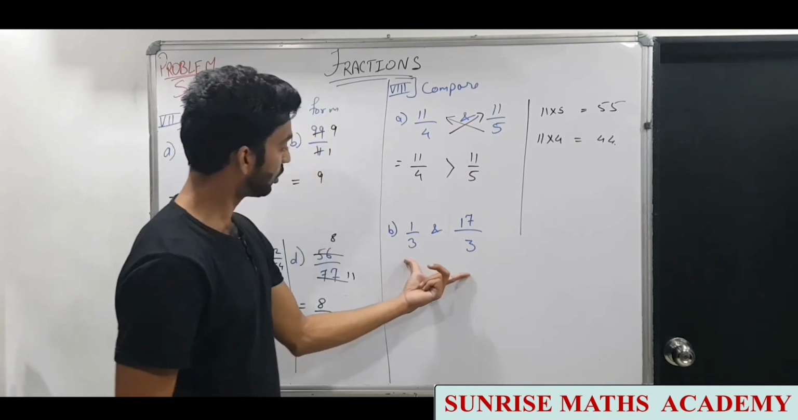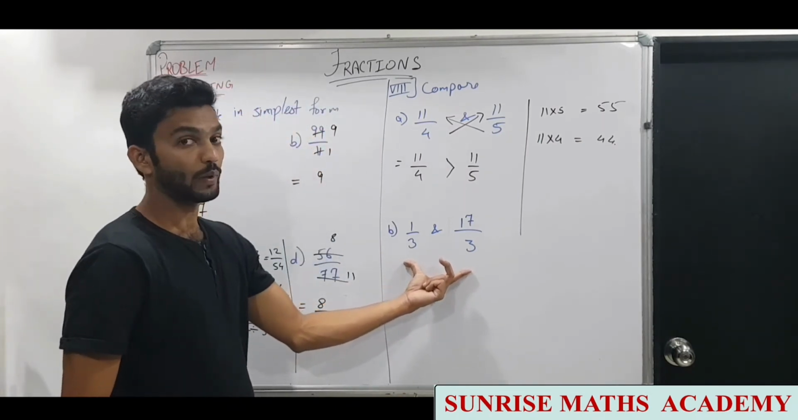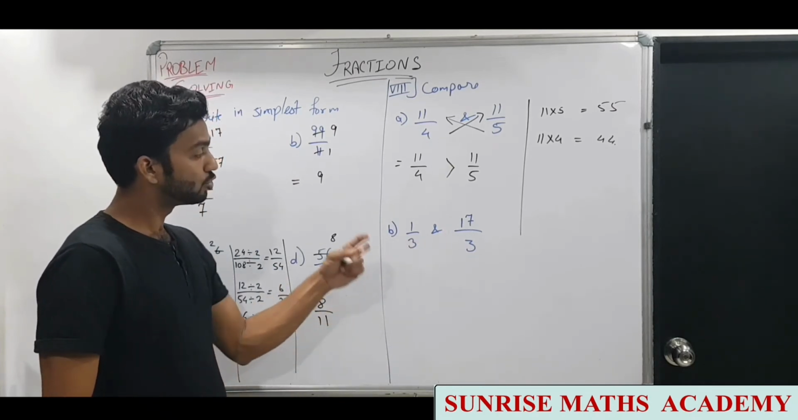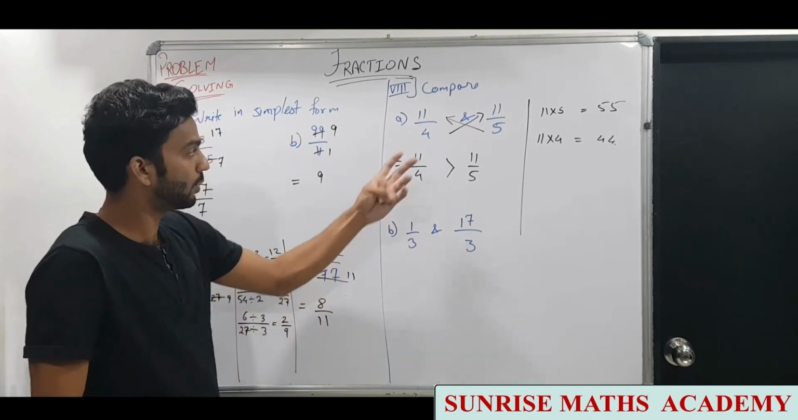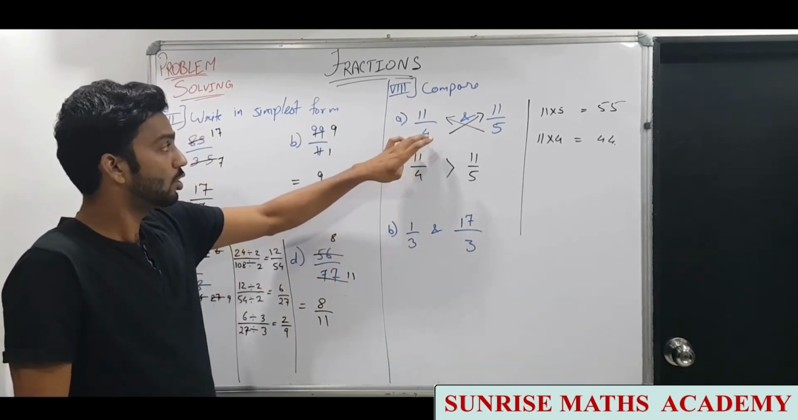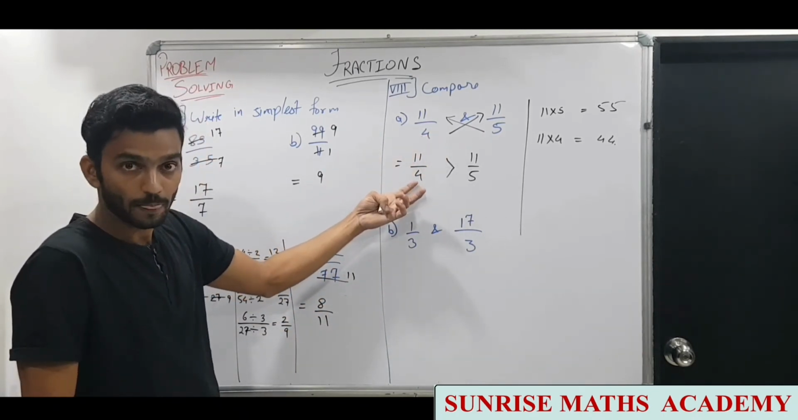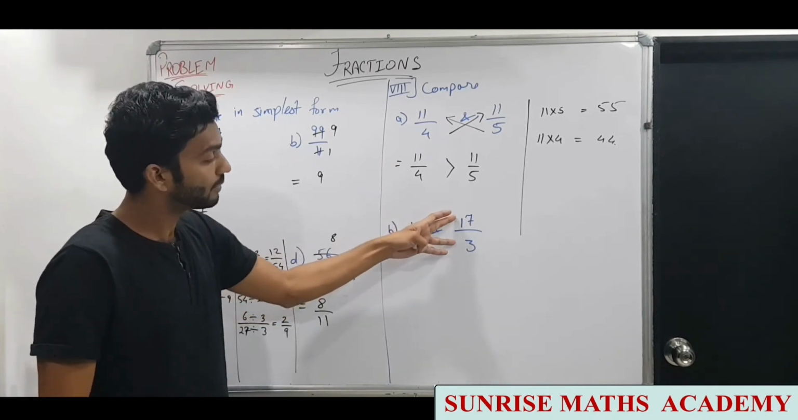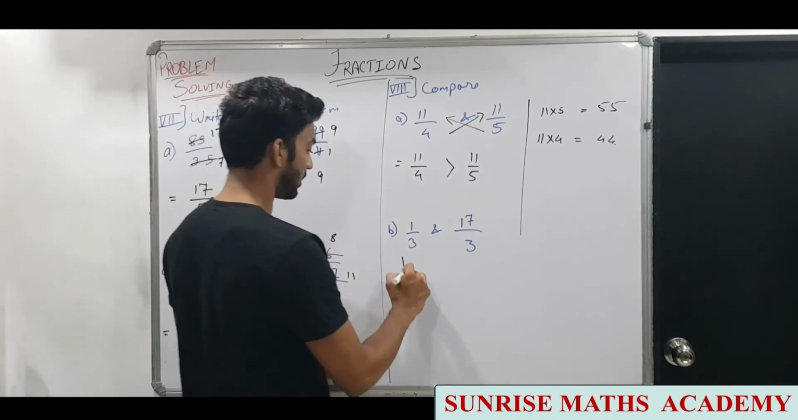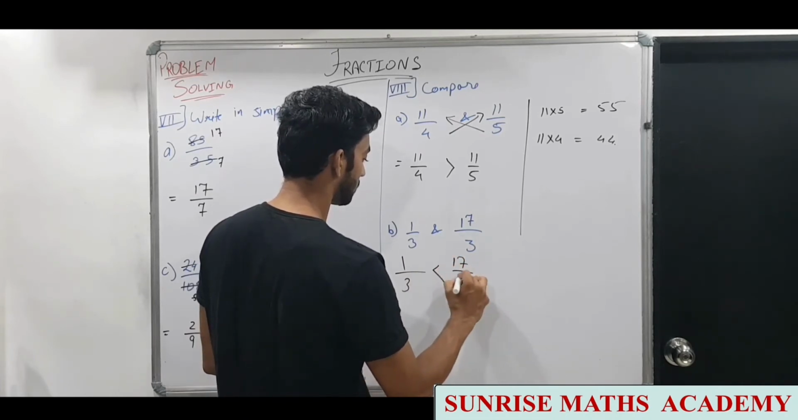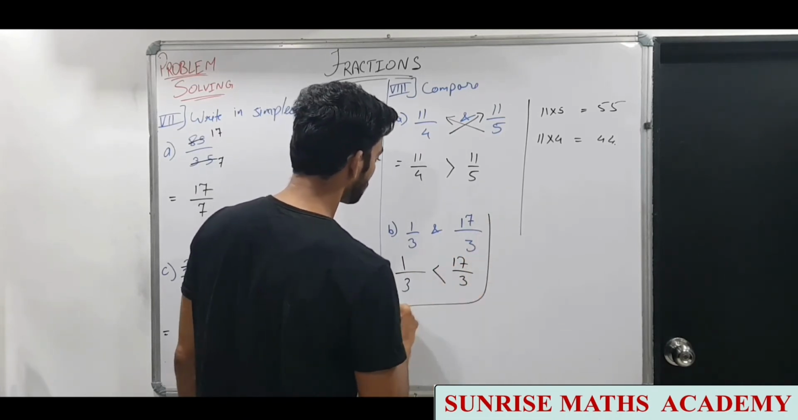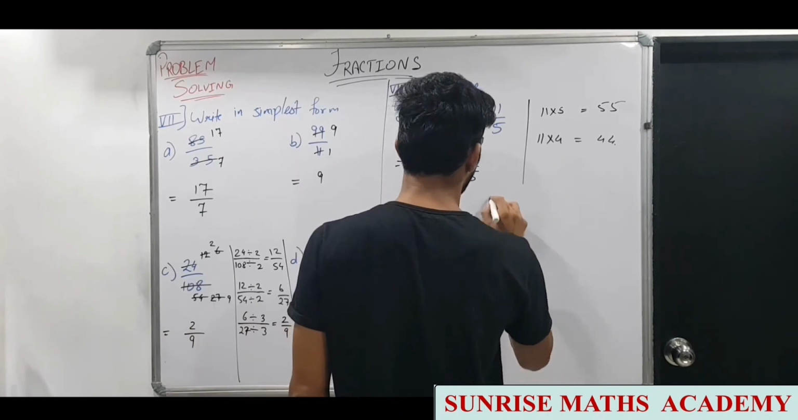Here the denominators are same. When the denominators are same, जिसका numerator greater रहेगा वो fraction greater रहेगा. यहाँ पे उल्टा था, जिसका denominator छोटा है वो fraction बड़ा है. यहाँ पे जिसका numerator बड़ा है वो fraction ही बड़ा रहेगा. So directly you can write this is smaller than 17 upon 3. Last question है